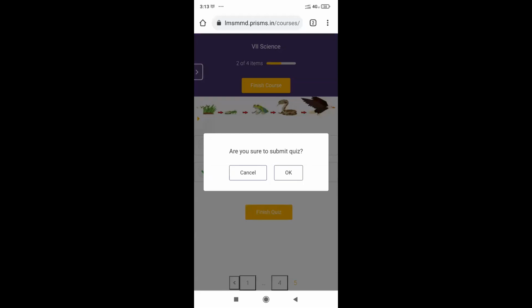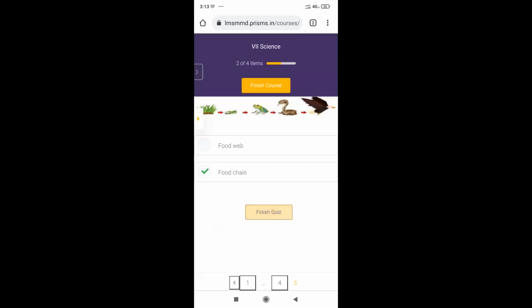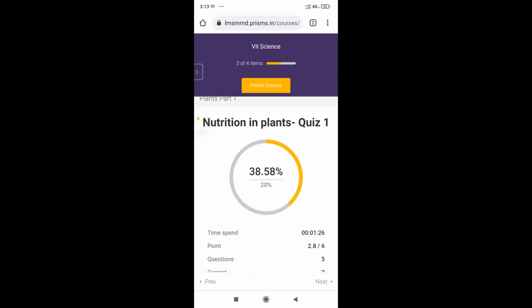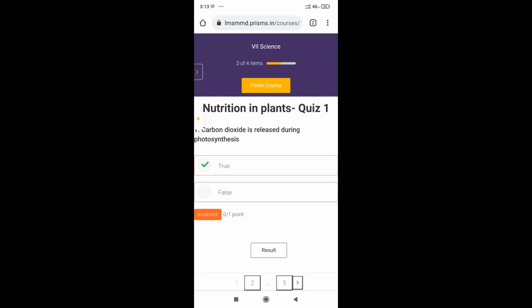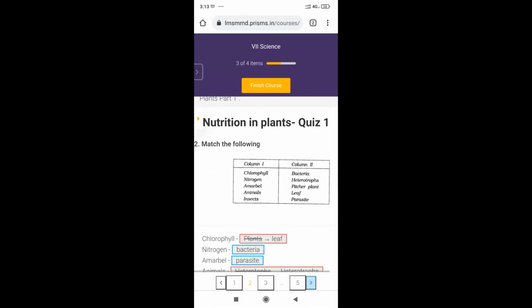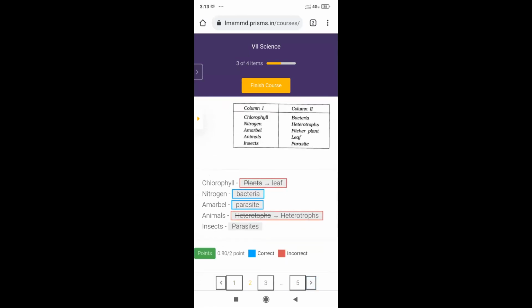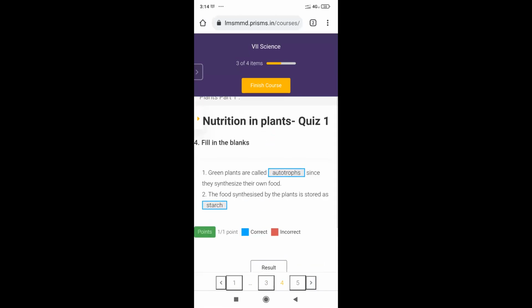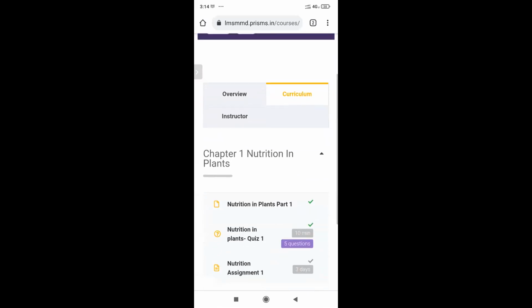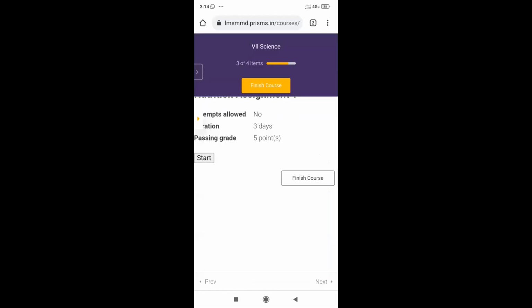Now, the biggest feedback that I got last year was that children used to click by mistake on the complete or finish button. This year that should not happen by any means, because the finish tab is at the last, and there's also a confirmation pop-up asking whether you want to complete the quiz. I can also give a review option. See over here, I can see exactly what went wrong. In that way, they can easily complete their quiz. And it's the same way for assignments as well.